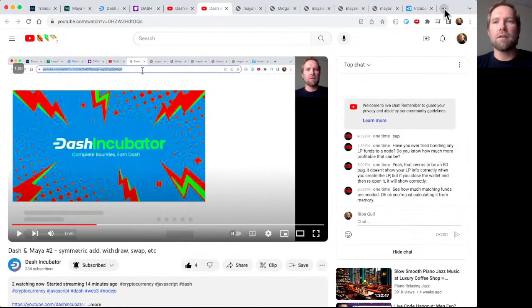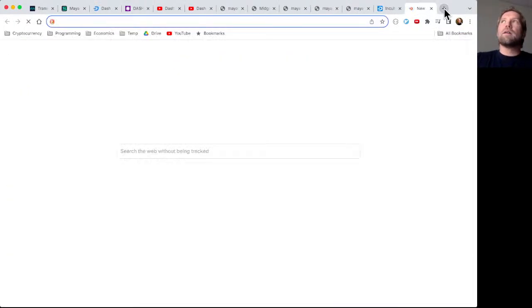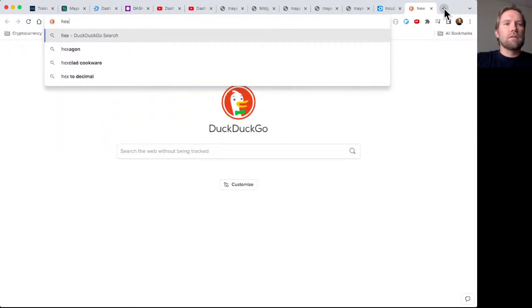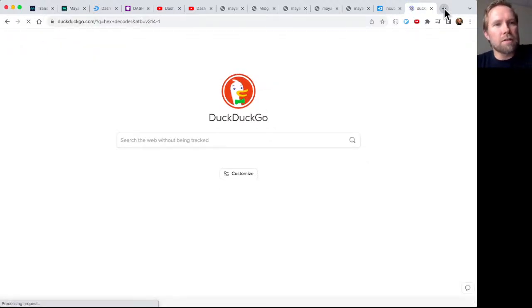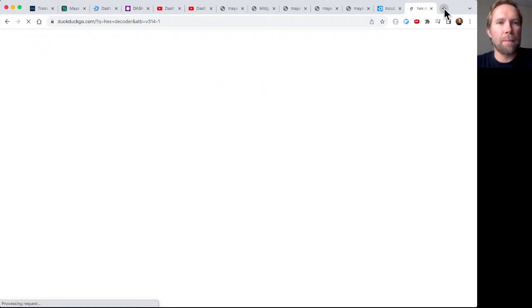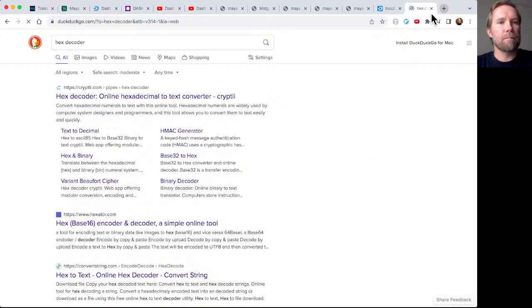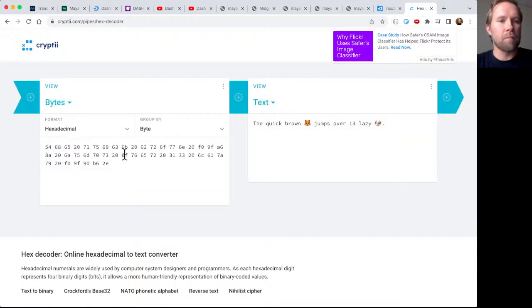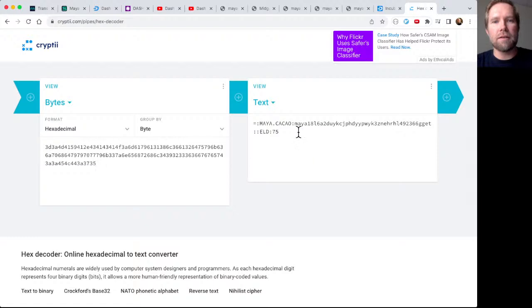into a hex decoder. Let's see if we get the same one that we got last time, because that worked really well. Yeah, this looks familiar. So I'm going to delete that, enter that, and this is